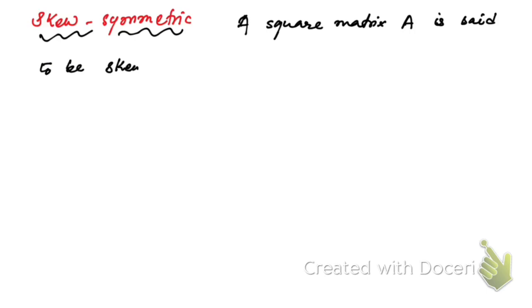Now you see, a square matrix A is said to be skew symmetric if its transpose matrix is equal to the negative of this matrix, right? For example,